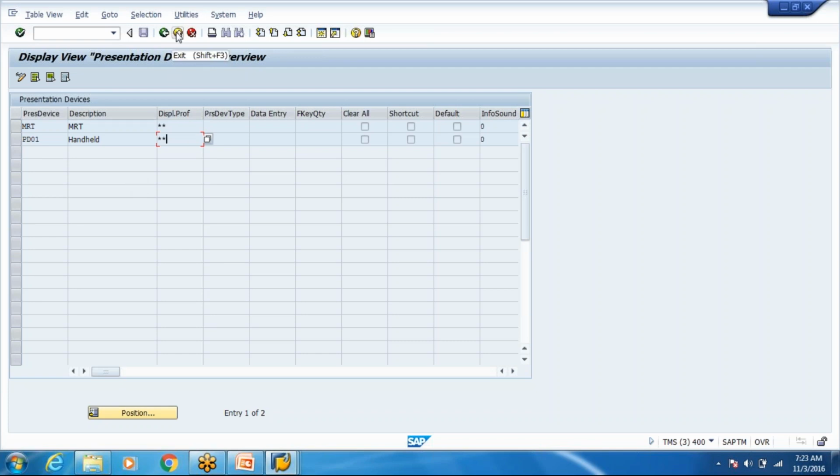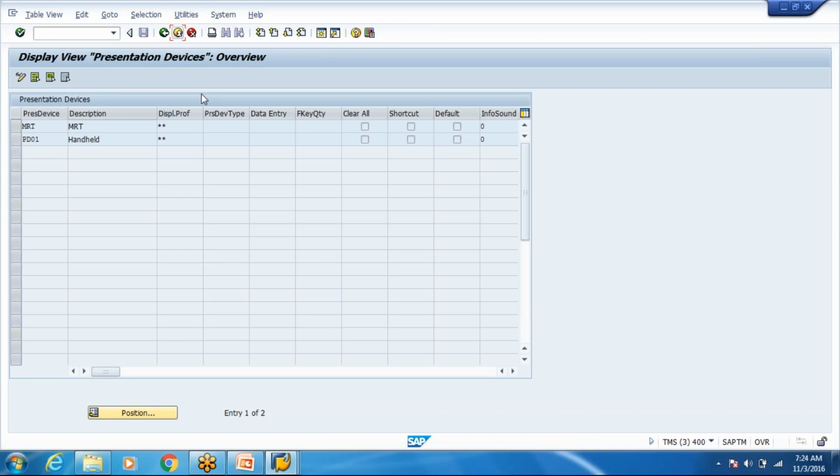And for the standard devices in the market, do we have to configure anything on the devices as such? See, in the market, most of the standard devices which are sold as SAP compatible have just a few sizes, as I said: 8 by 20, 8 by 40, 16 by 20. But your company might already have some old devices which have a different size. So that size can be modified accordingly.